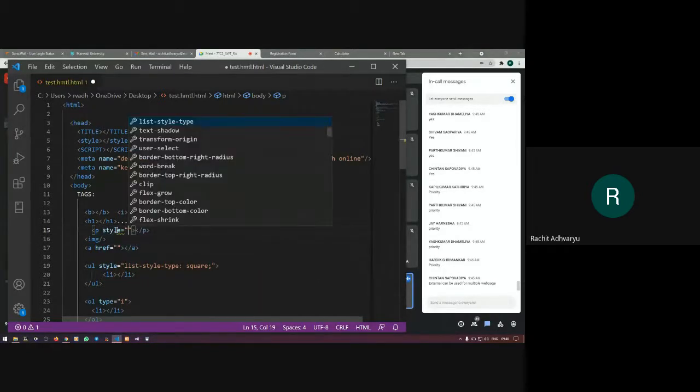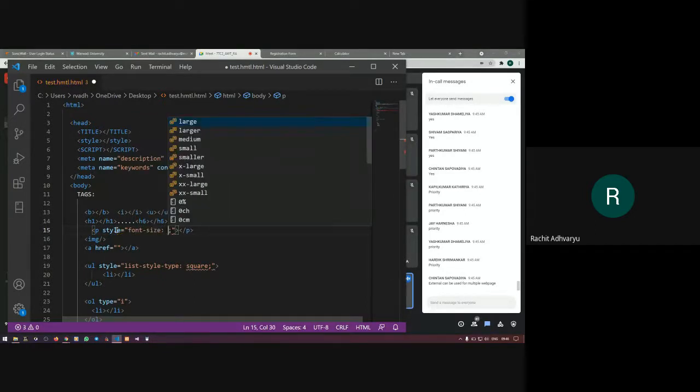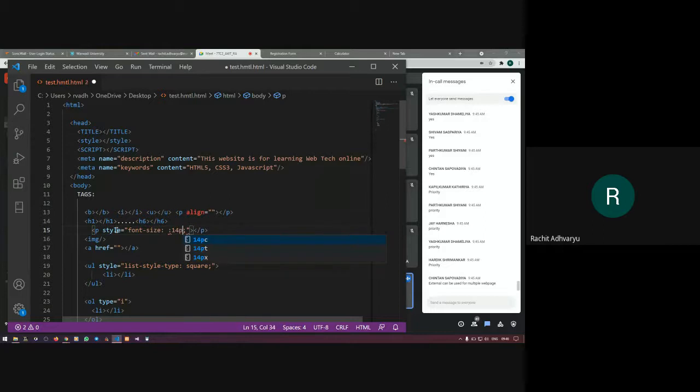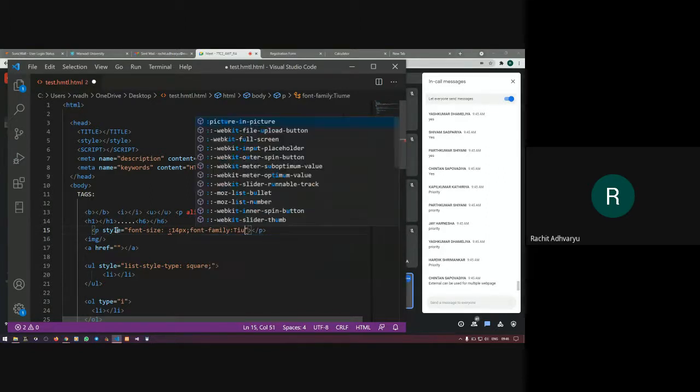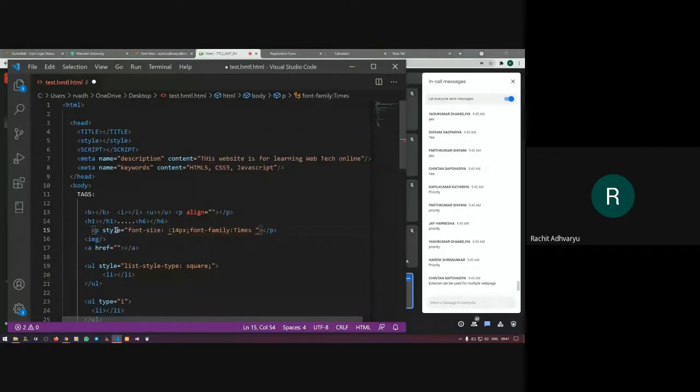Now if I start writing, let's say font-size equals 14px, and let's say font-family equals whatever I want, let's say Times New Roman. So this is what we call inline styling.